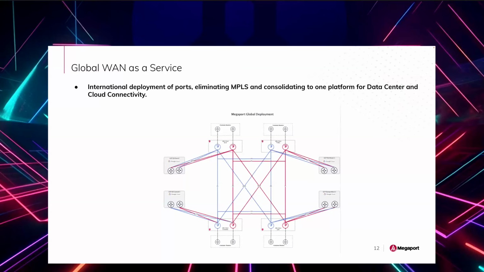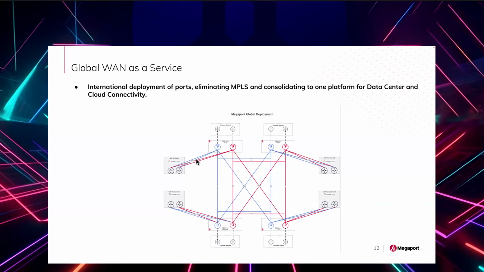This actually is a real customer, name changed or redacted to protect the innocent, but this is an actual deployment that they're underway with. And what they have is Megaport in red and blue zones and diverse zones. We'll talk about this more when we get to the portal, but they're diverse in red and blue across 4 different data centers within the US, Colorado, Virginia, Canada, and the UK. And what we're doing is interconnecting these ports together via VXCs, or the layer 2 VLANs that I was just talking about, but also extending the VXCs to different cloud regions in Canada and North America and the UK,